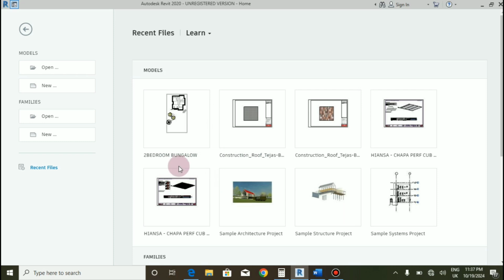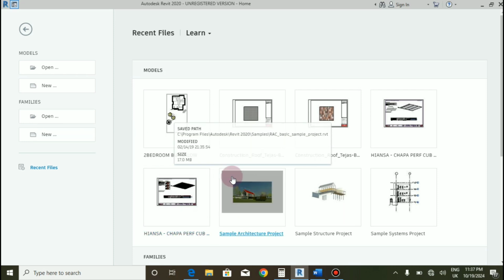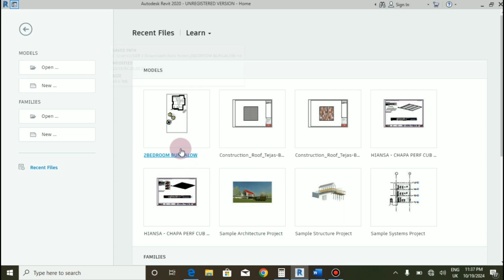So you can go on with any version you are working with, and whatever we'll be doing, I'm sure you will understand it clearly. So let's open our new model. If you are using another version, maybe 2017, 2018,